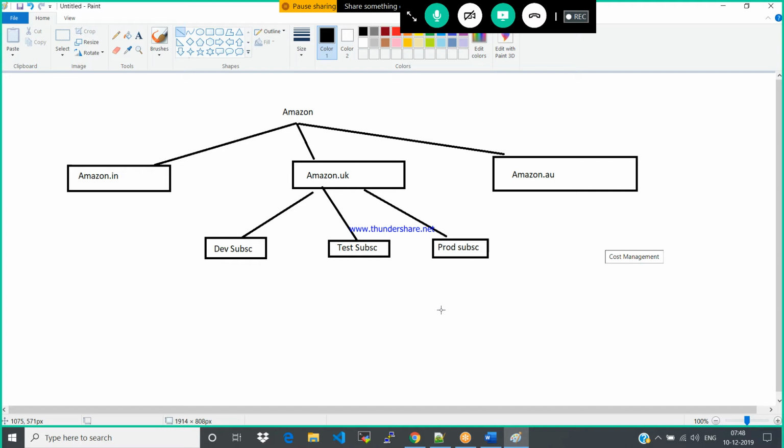What is the first and mandatory thing you need to have to create a service? You need to create a resource group. If I would like to create a VNet, yes, you need to have the resource group. If you do not have a resource group, it does not allow you to create any resource.